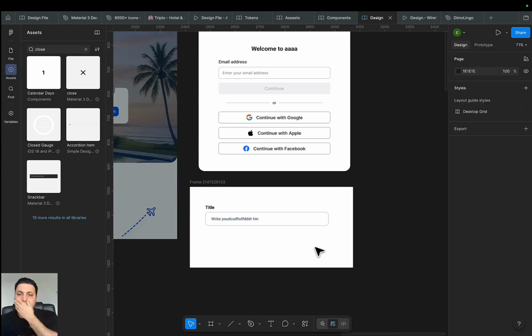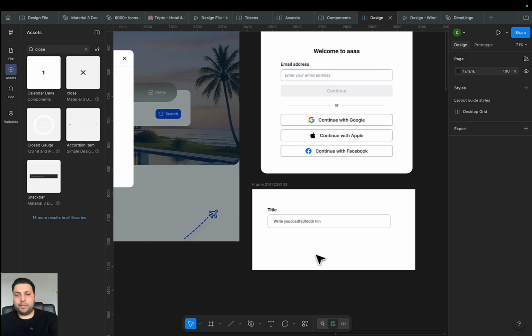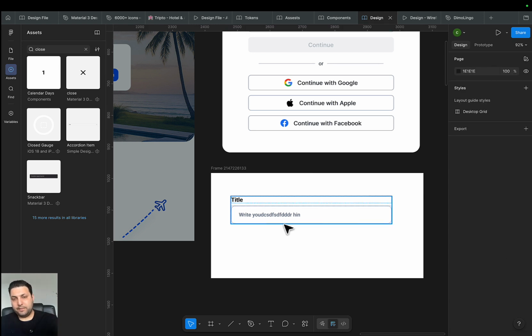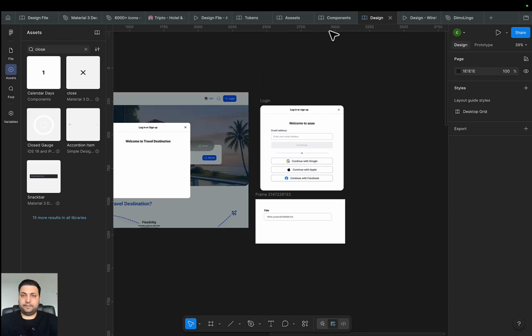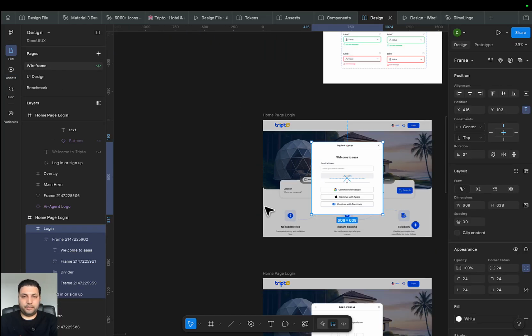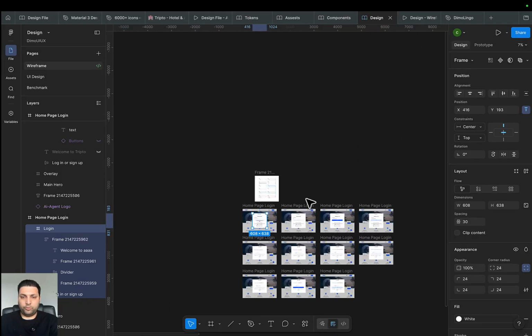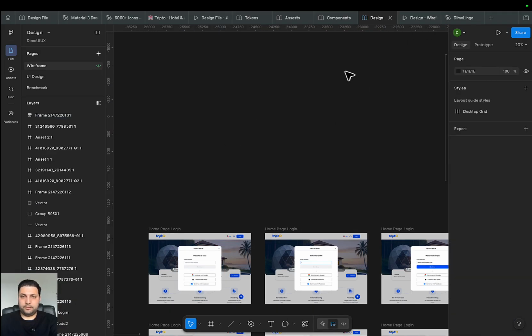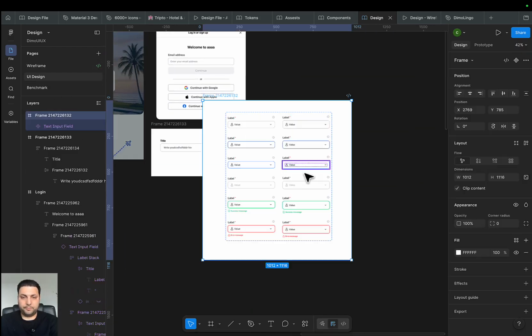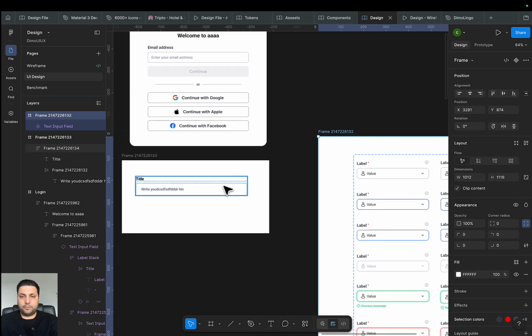So one more thing, maybe we need the error here, bottom of that. Maybe there would be error, and we need to add icon here. So here in the design, let me see that in the wireframe, I'll bring the whole styles of that. Let me bring it in the UI design to save the time. So sometimes the